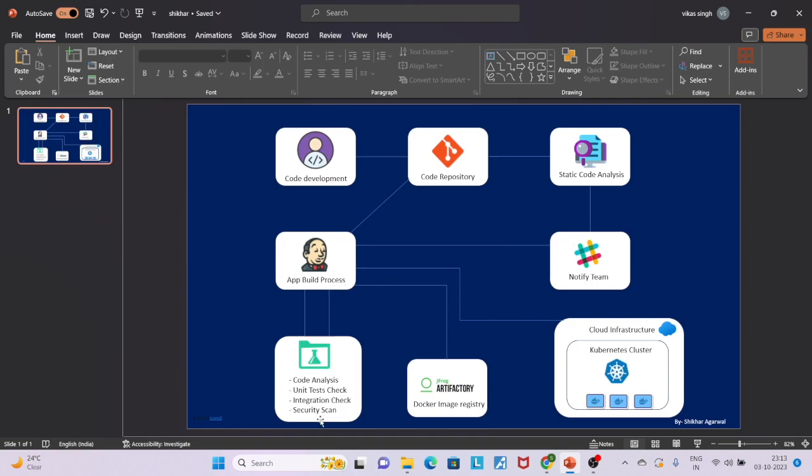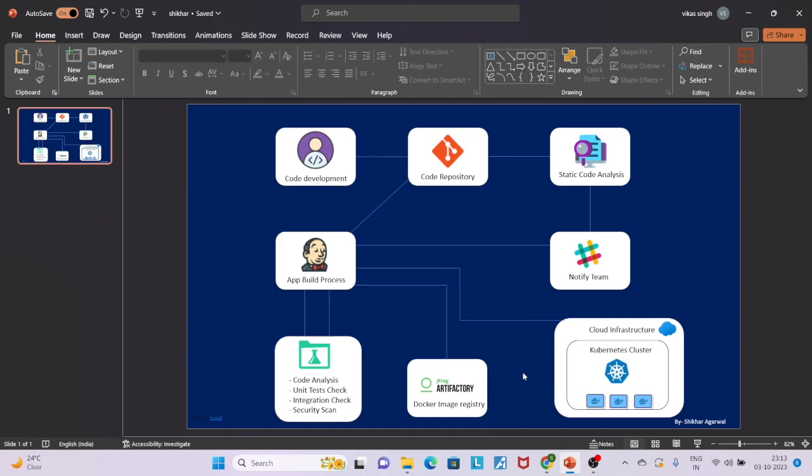Else, on successful code analysis, the build will trigger, and the Docker images would be built and stored somewhere in a container registry. I would say any ECR, Docker Hub, or JFrog, or any other Docker image registry, right? And once that's stored over the registry, Jenkins will start the deployment over some cloud infrastructure,